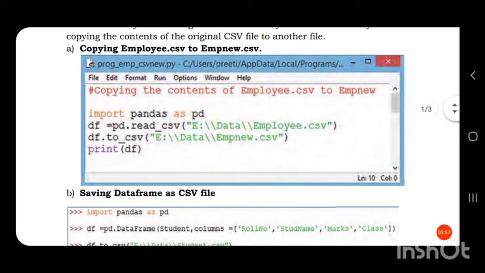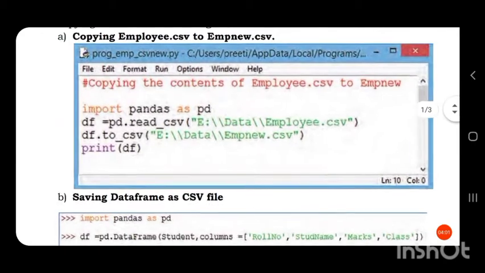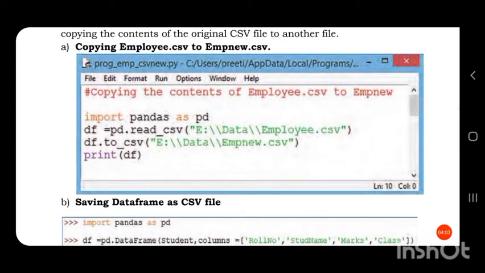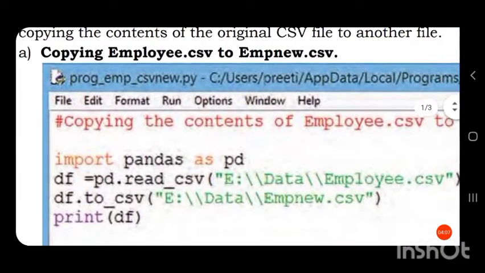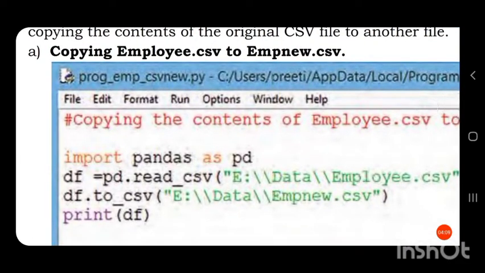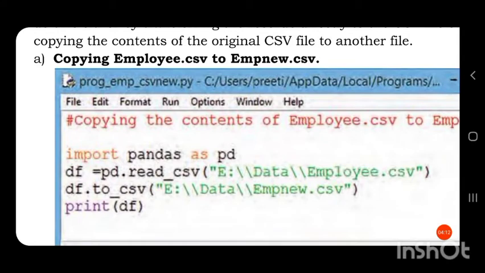So let us see the first method, copying employee.csv to empnew.csv. Here we have only one CSV file, that is employee.csv, and no file like empnew.csv is present in our computer.